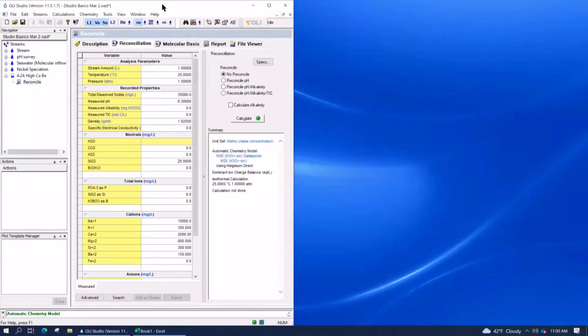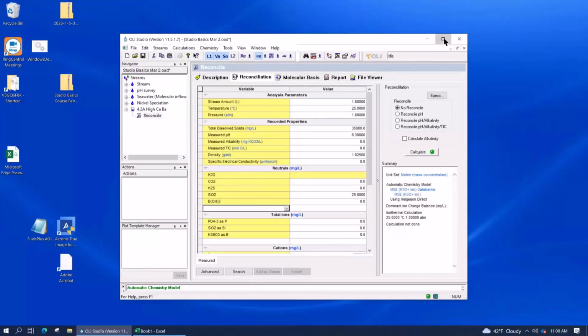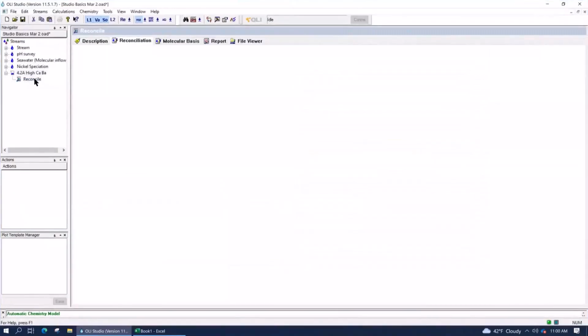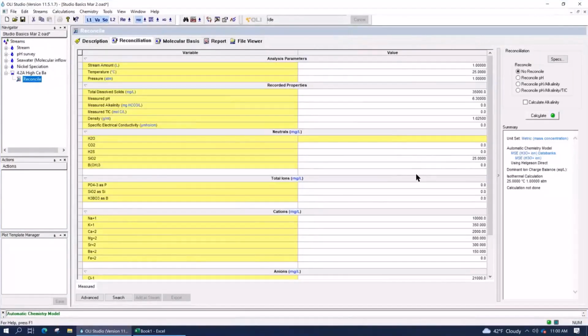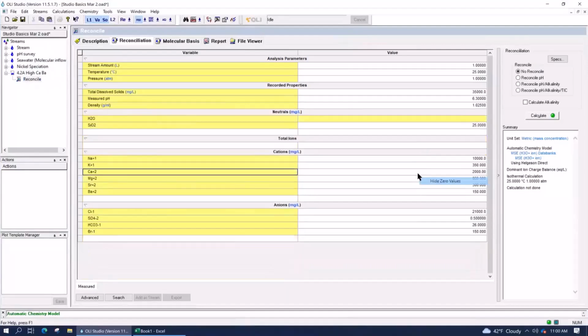What that does is adds a calculation object underneath the water analysis. Okay. It still contains the same information as what we saw before. But now if you look in the upper right-hand side, you can see we've got four, I thought there was five, four different calculation options that are going to be used to reconcile calculated versus measured properties.